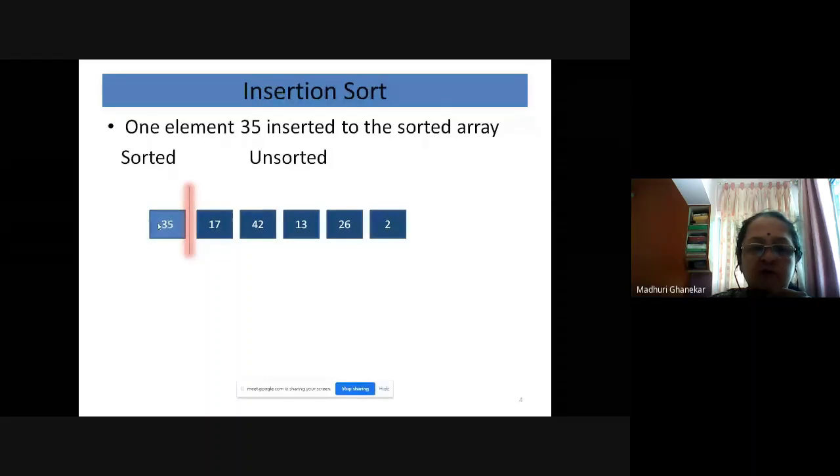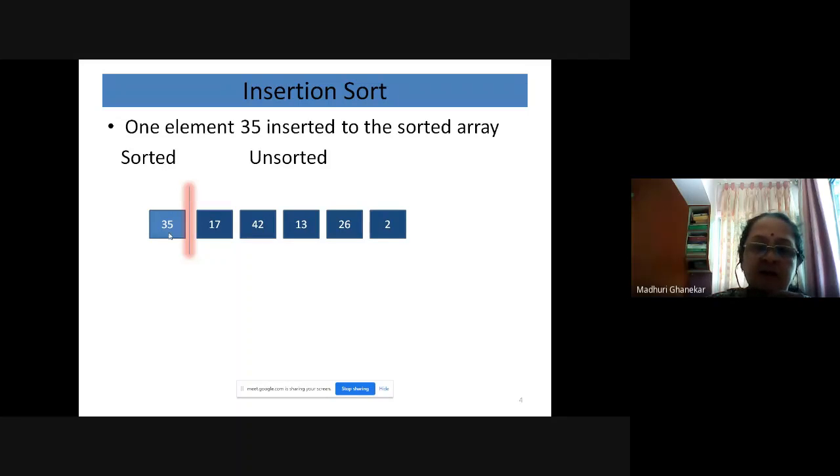So the very first element is always sorted. We have made two partitions, one sorted and the other unsorted, and the very first element of the array is sorted. The remaining elements are unsorted: 17, 42, 13, 26, and 2.